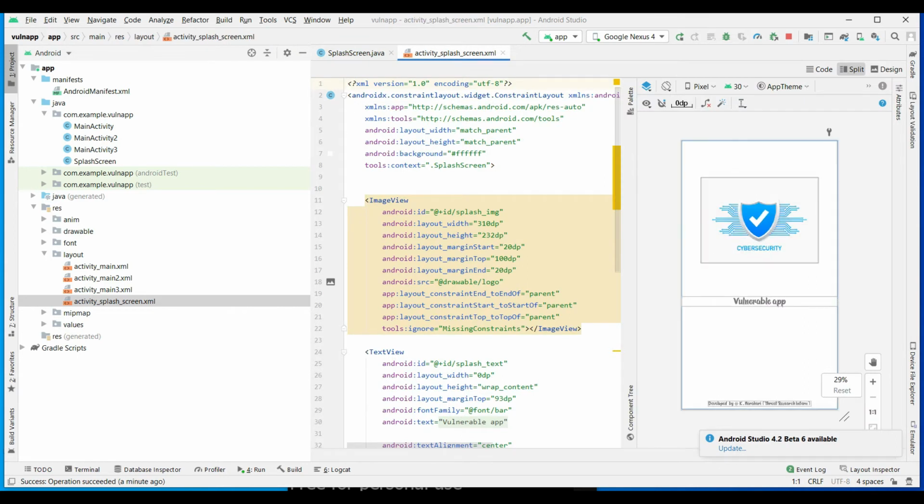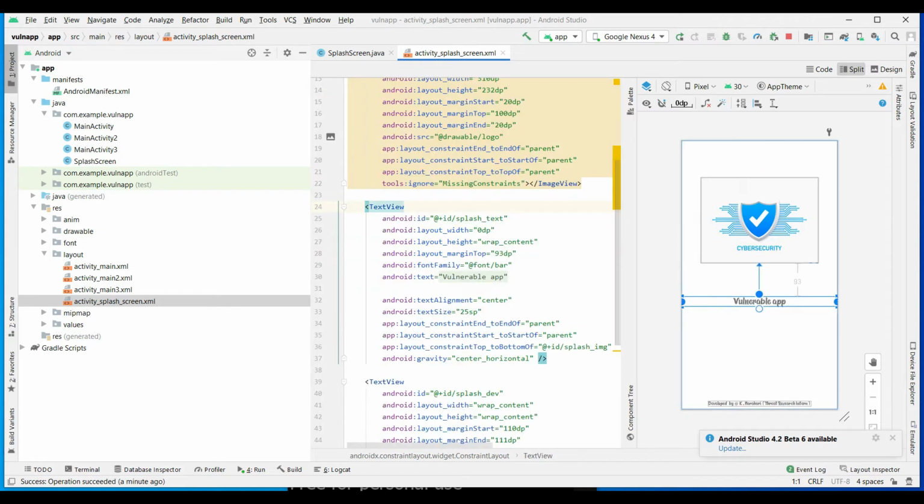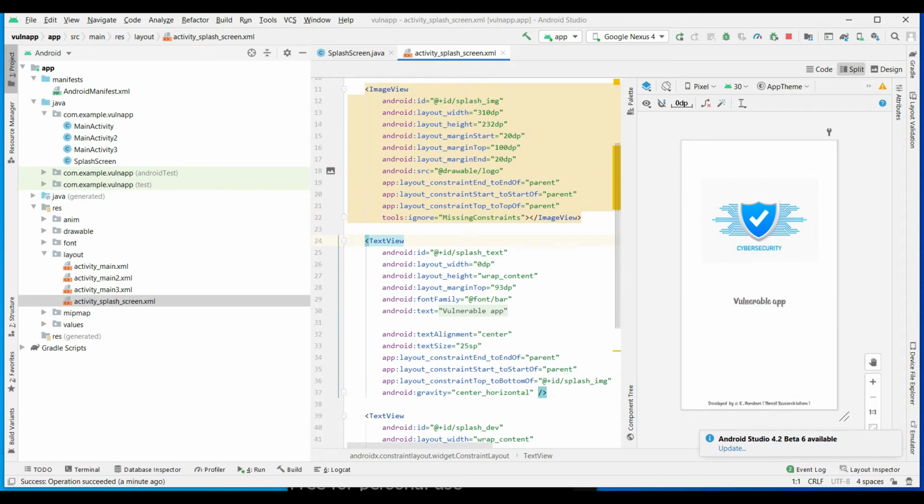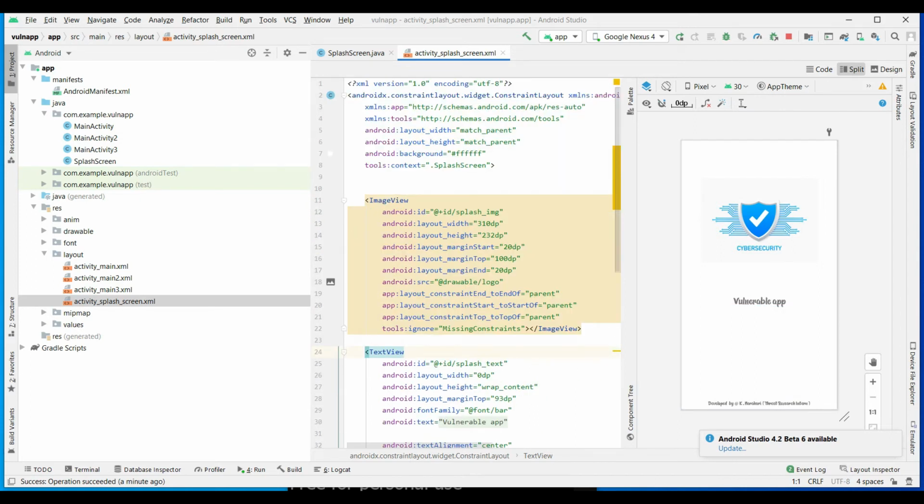On the right side, you can see this is a view, how it looks whenever a splash screen is loaded. Inside this, this layout is using one image, a cyber security image I have used, and also one text view. You can analyze it simply. In the penetration testing case, we need not focus much on layout files, because nothing important is inside; it usually contains the views which are required.